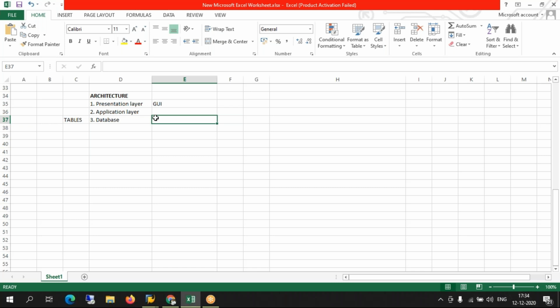Application layer helps me do that. In simple layman terms, application layer acts as a bridge between presentation and database. So really, application layer is the logic, the brain of SAP. It consists of a set of logical programs. When you execute it, it will run in the background, go to the relevant tables or the database, fetch whatever information you want, and throw it back to the user in the presentation layer.